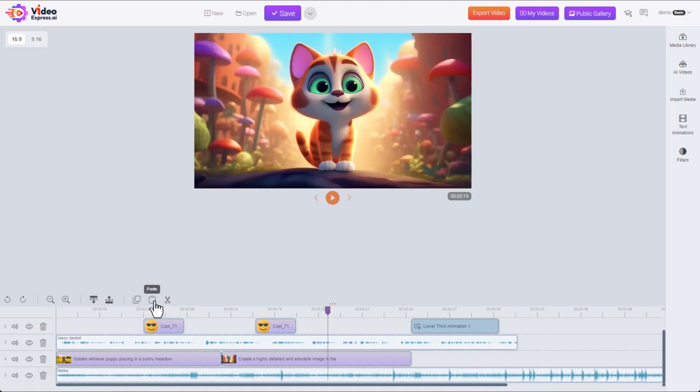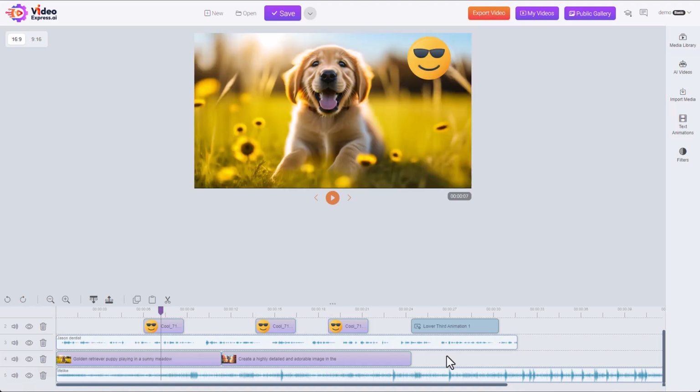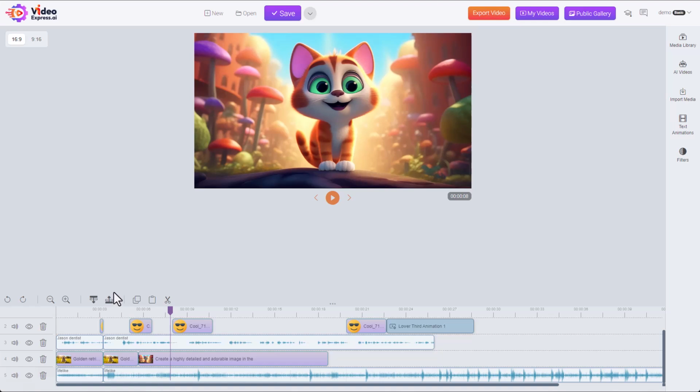Click here, paste. Now, since this is just an image, another thing we can do is we could select the image and hit cut. Now you can see this is 2 pieces. So we could move them here. We can also cut a big part of our video out across all the tracks by using our selection to mark the start and the end. Now if we hit cut, you can see our cut here.